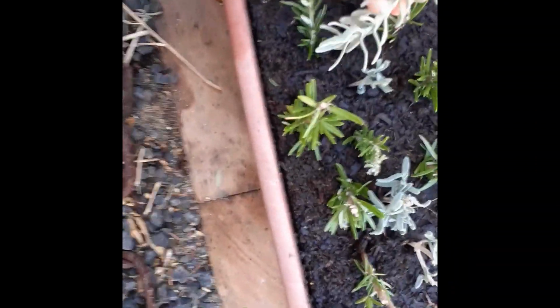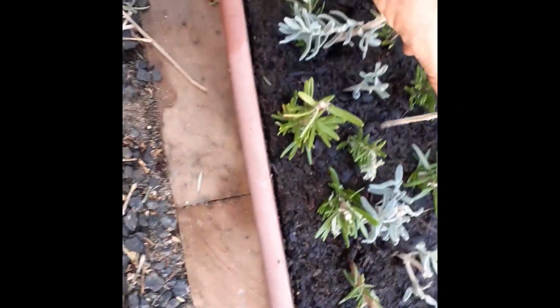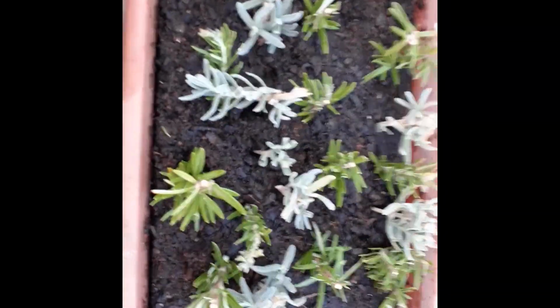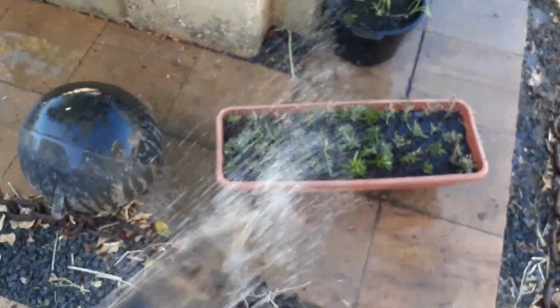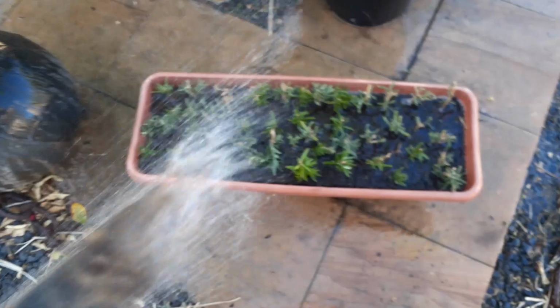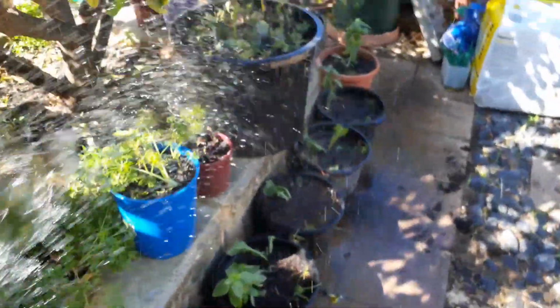All ready to sprout. Should get about 75% uptake, I think. I'm going to keep them in the garage for a day or so and just keep them damp and just work in the shade, I suppose. Shake it with one hand, give them a bit of a watering. Water them in, nice, and then put them somewhere where they're not going to get too hot. Water the other seedlings from